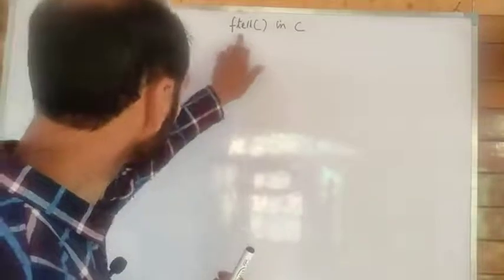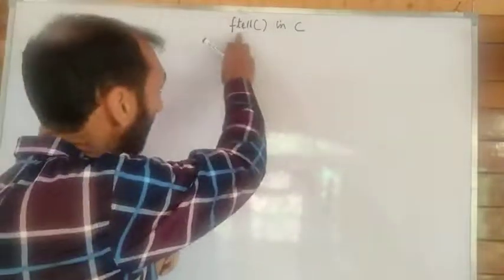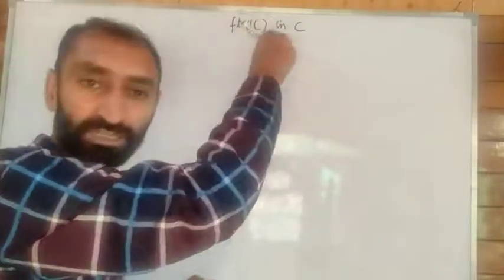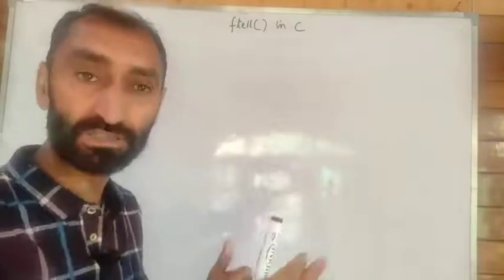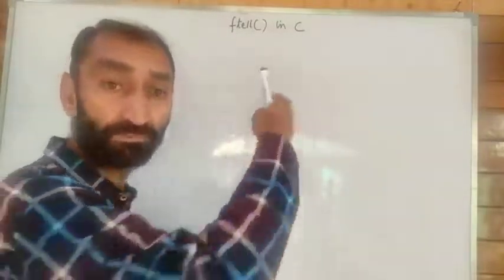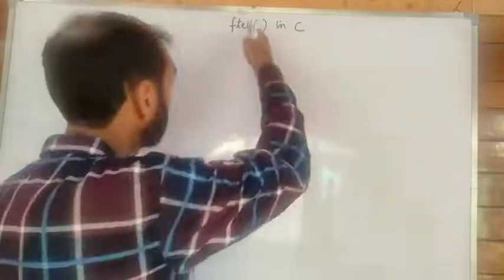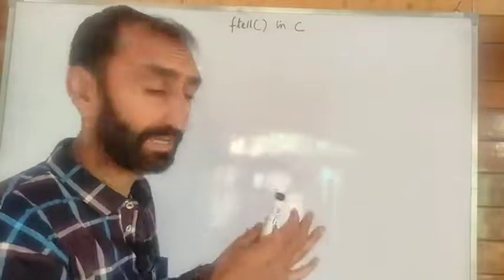As the name suggests, ftell means this function is telling something. This is a file function that is telling something. Now the question is, what does this ftell tell? What does this ftell do? Ftell, for example,